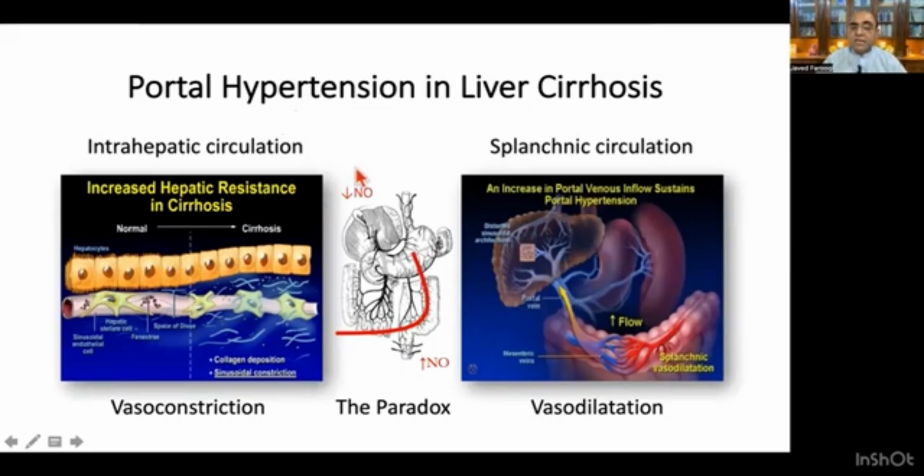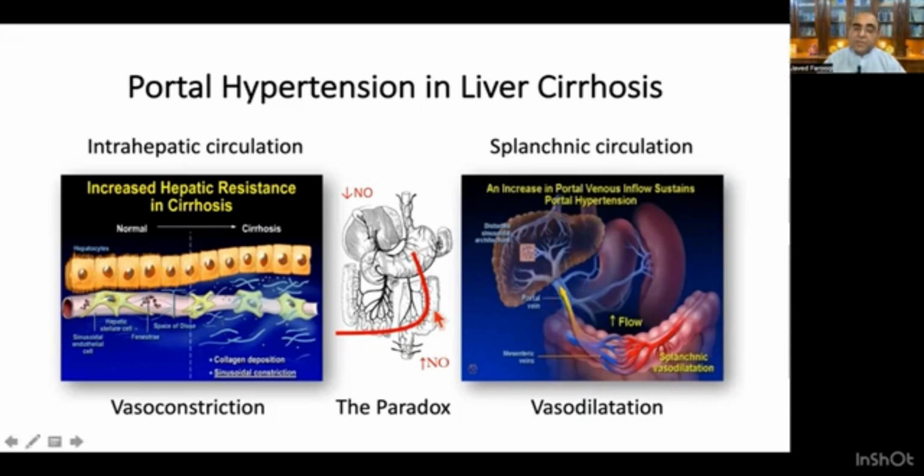We discussed this slide in the first part, and I told that there is a paradox in the nitric oxide concentration on the splanchnic circulation and on the intrahepatic circulation. On the splanchnic circulation, there is an increase in the concentration of nitric oxide, which leads to vasodilation, and because of this vasodilatation, there is an increase in the blood flow into the portal vein. And we know that when the blood flow to the portal vein is increased, it will lead to the rise